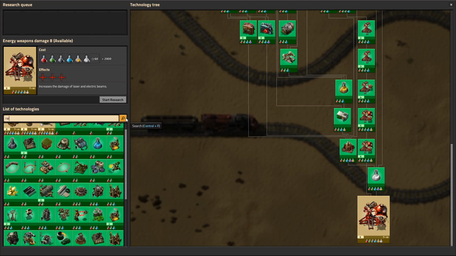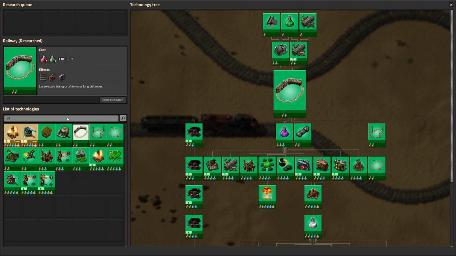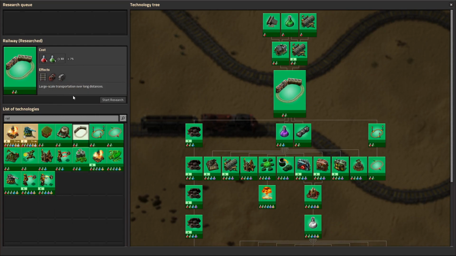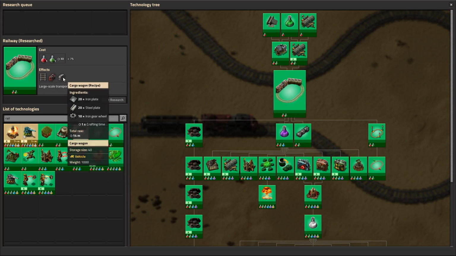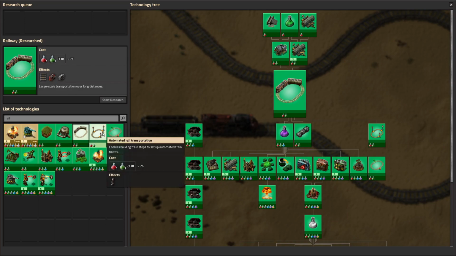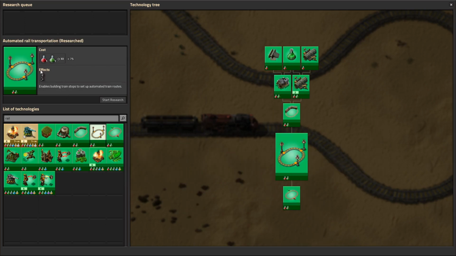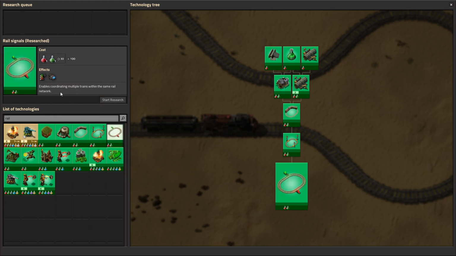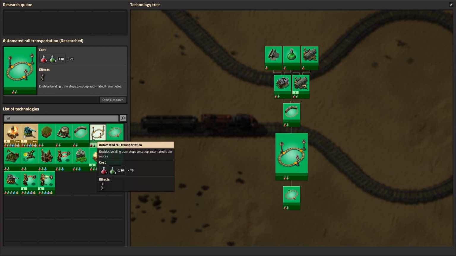If we look in the technology tree, there are 3 railroad technologies. The first one, railway, gets you the rails, the locomotives, and the cargo wagon. By itself, this is not terribly useful, which is why most people immediately get the next 2. The second one, automated rail transportation, gets you train stops, and the third one gets you rail signals. You need all 3 in order to